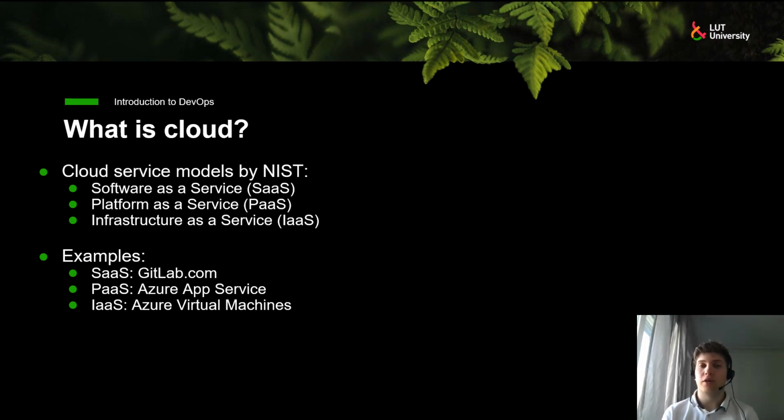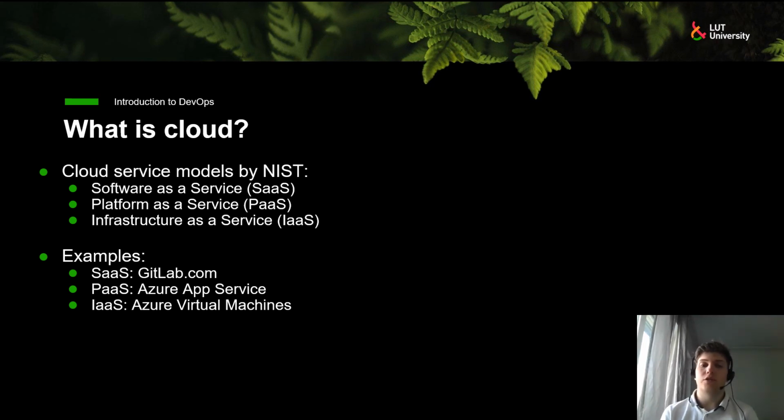So compared to the software as a service, the platform is at a lower level of abstraction. It is a service that allows the user to efficiently run his or her own applications, for example, web applications. So we will actually use during this course this Azure App Service in order to run our own Node.js application.